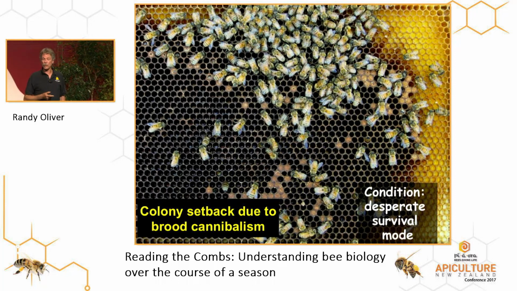And what they'll do then is start recycling that protein in the eggs. They'll eat all the eggs, then they'll eat the young larvae, then the older larvae, and the only ones they'll leave will be the capped brood, the pupae, because they don't have to feed them anymore. What they actually do is, on the 5th instar larvae, they'll stop feeding them early and prematurely cap them. They will still survive to become worker bees, but they won't be as good a worker bee as they would have been if they had been fed all the way. And that's their only chance for that colony to survive: that emerging brood, which when they emerge become long-lived bees. I'll talk about that again later. They just hold on until it stops raining or stops snowing.